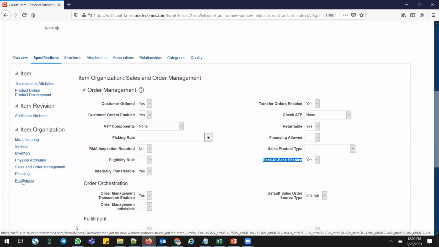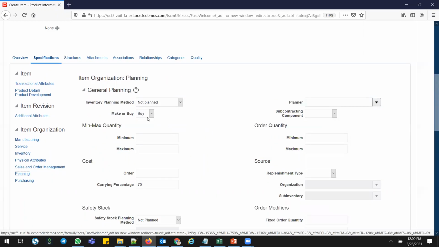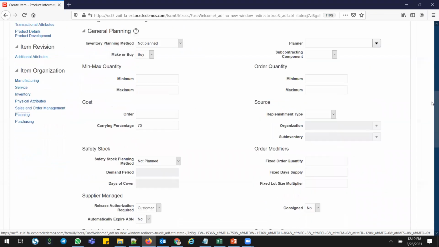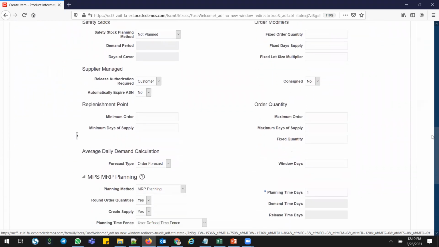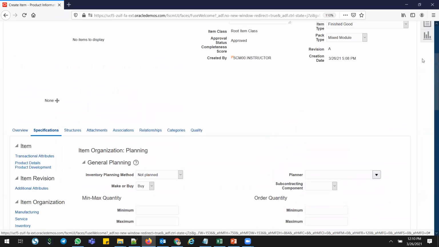And then go to planning. So make or buy is not an issue with respect to this functionality. You can keep this part as a make item or buy item. If you're going for a transfer order or a purchase order, you can go for a buy. Or if you want to go for a manufacturing part, I mean a new make item, the product, you can go for a make item, right? And then this is all common. I think you don't need to worry about that.